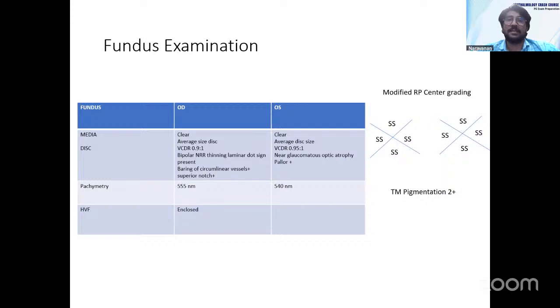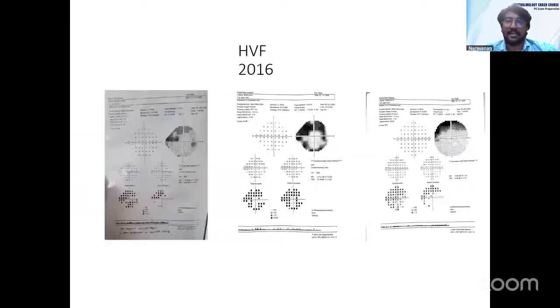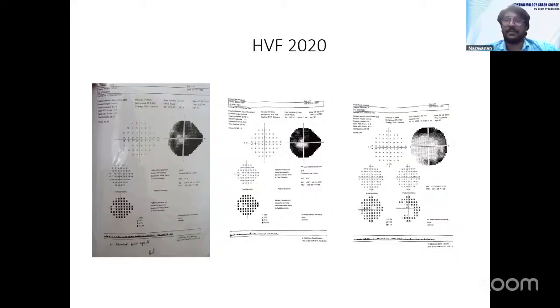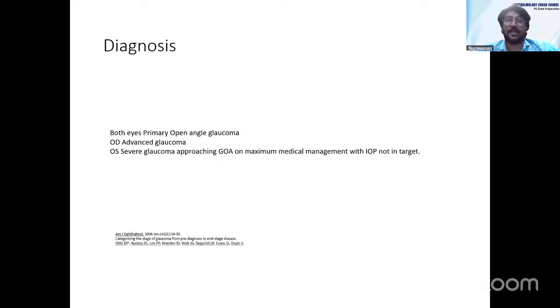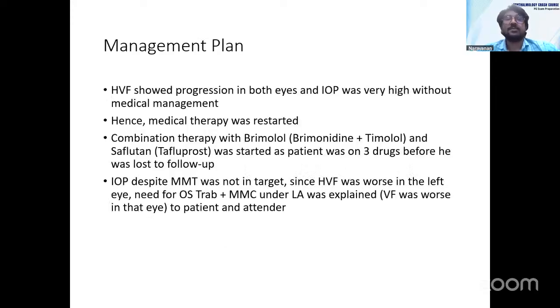The visual fields are enclosed, as you can see in the right eye, and it has progressed over a period of time over the next 4 years. So my diagnosis is both eye primary open angle glaucoma with right eye advanced glaucoma and left eye severe glaucoma approaching glaucomatous optic atrophy with IOP not in target. So since HVF showed progression,